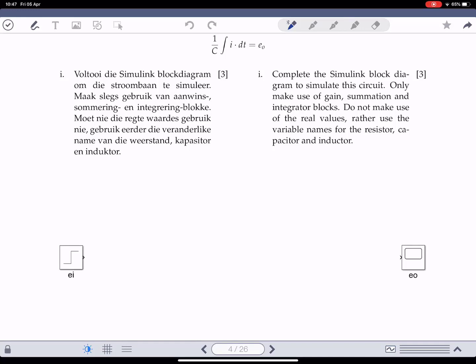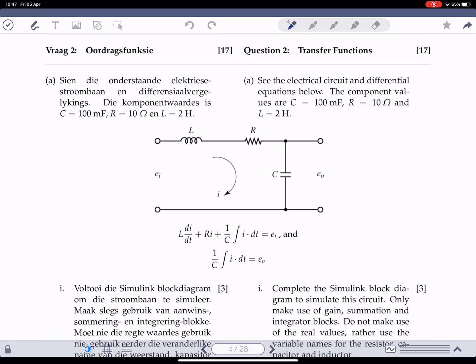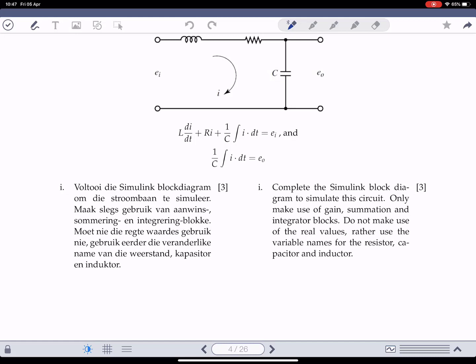Okay, so let's have a look at question A from question 2 in the test. Here they ask us to complete the Simulink block diagram of this circuit and only use gain, summation and integral blocks. So let's get started. The first thing we need to do is identify